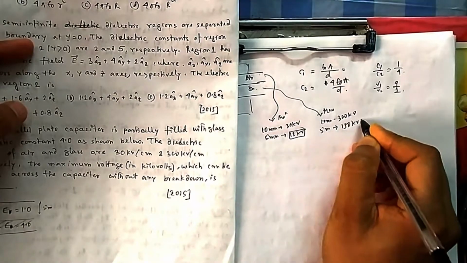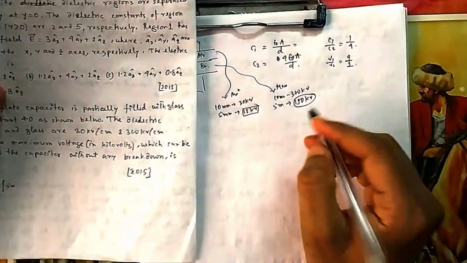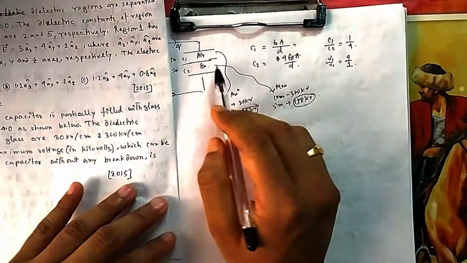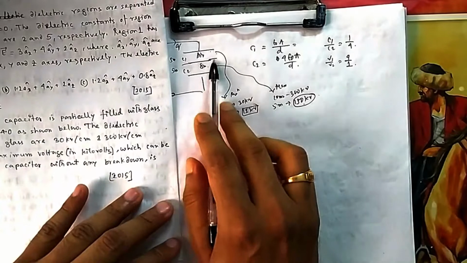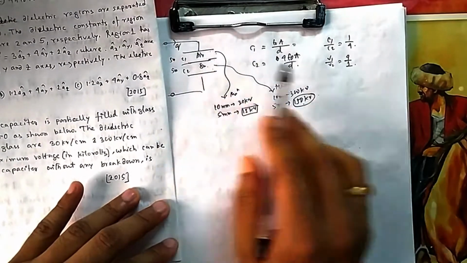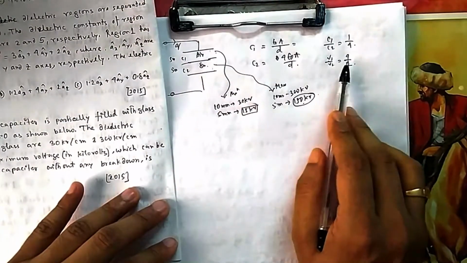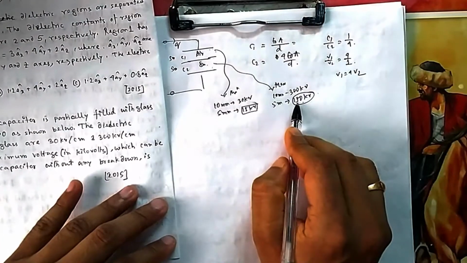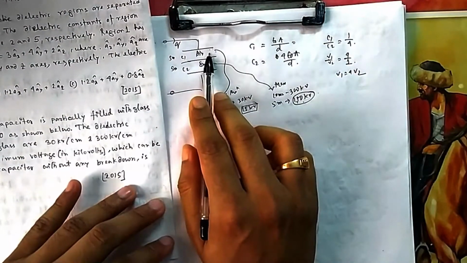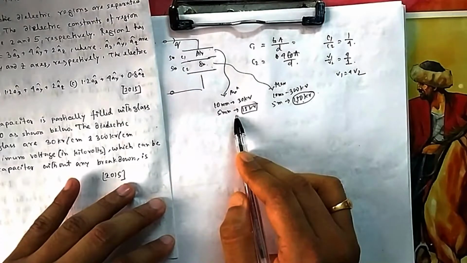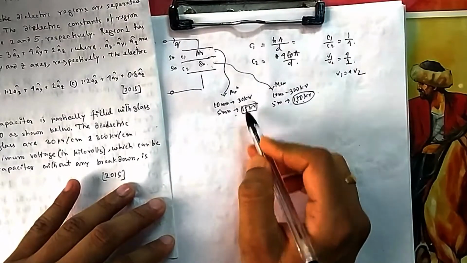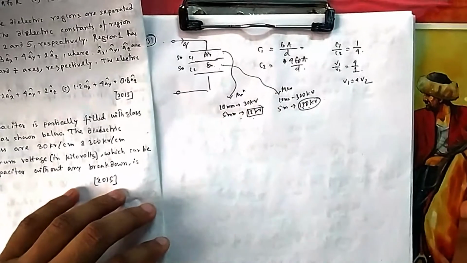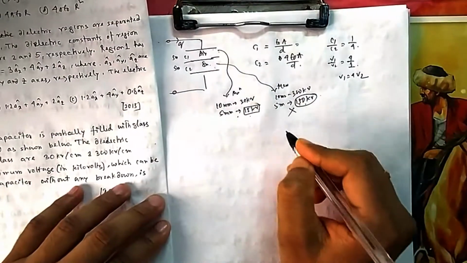So let me now go one by one. Suppose I apply 150 volt here as V2. Then what will be V1? Because V1 will be 4 times V2, V1 equal to 4 into V2. So if your V2 is 150, it should be 4 into 150, 600. But if it is 600, then it is crossing 15, because you cannot apply more than 15, otherwise it will not be safe. So this you cannot apply.